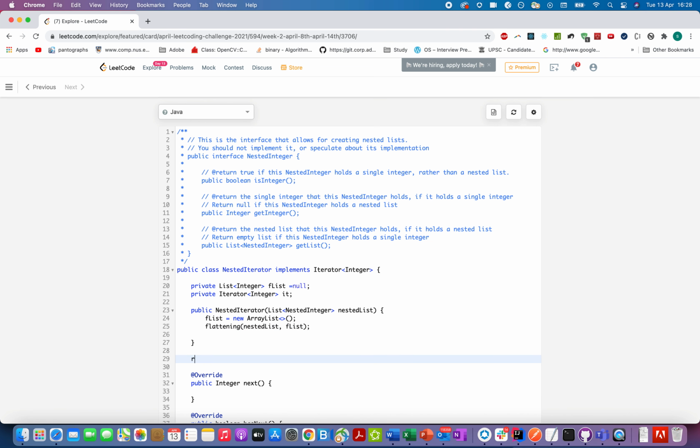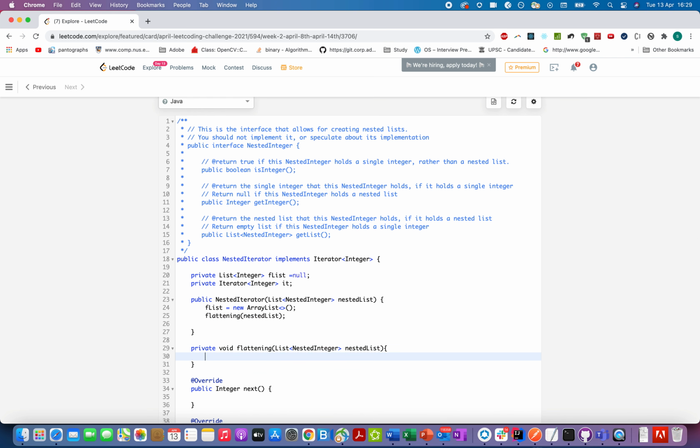So let's write the helper method first. The first parameter is nested list. The second parameter is of type list. So actually I don't need to pass it, it's a global variable, it can be accessed. Let's forget this, and let's write a for loop over nested integer generic type, and let's call it current element.